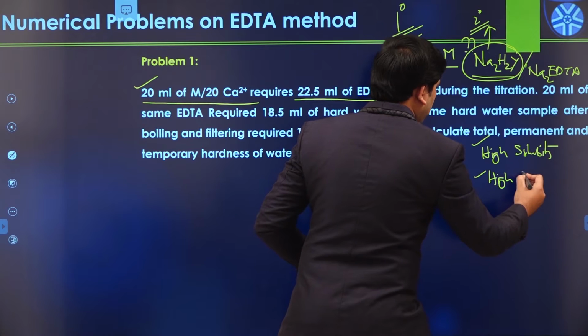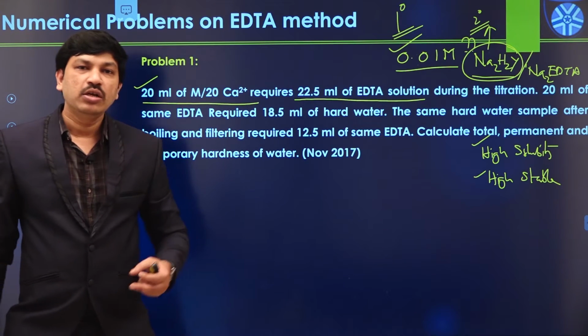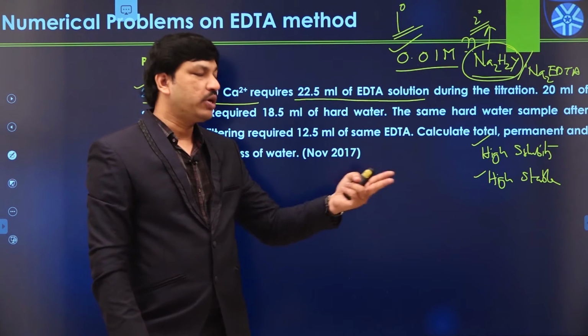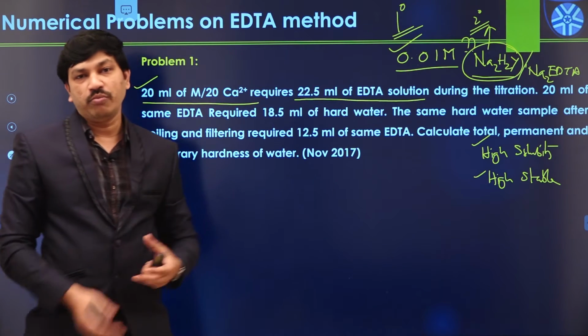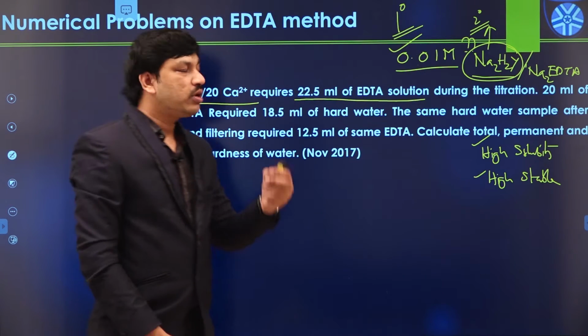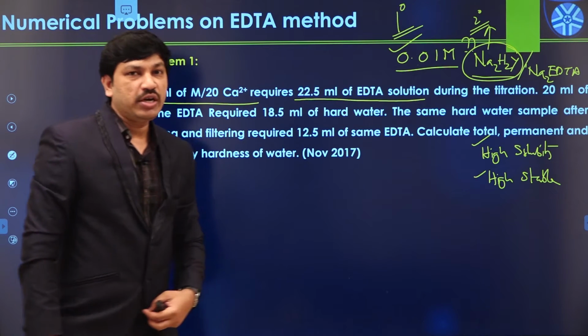Those compounds are actually highly stable. High stability means the composition of the corresponding compound does not change with respect to time or with respect to any other parameter. It is constant only. They have constant composition, so they are highly stable in their particular composition. Such types of compounds we have to choose for making a primary standard solution.